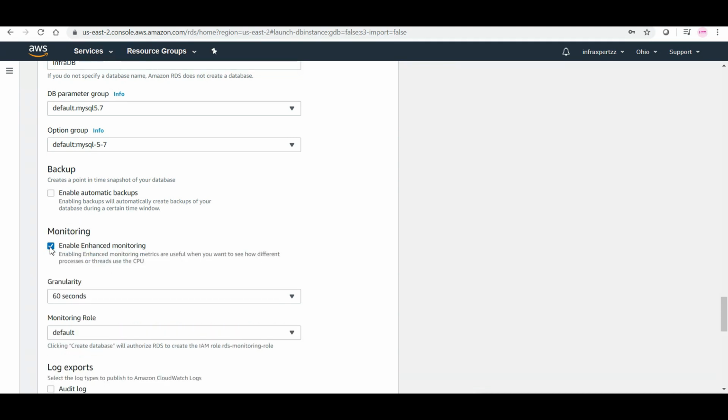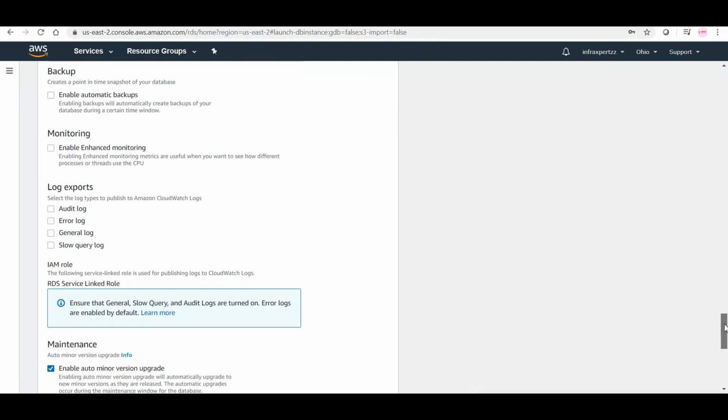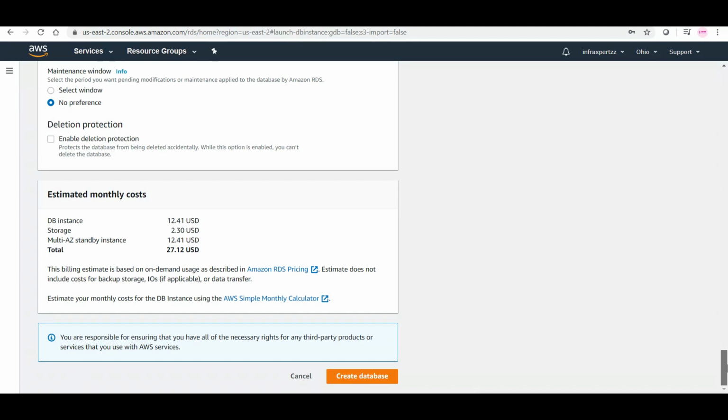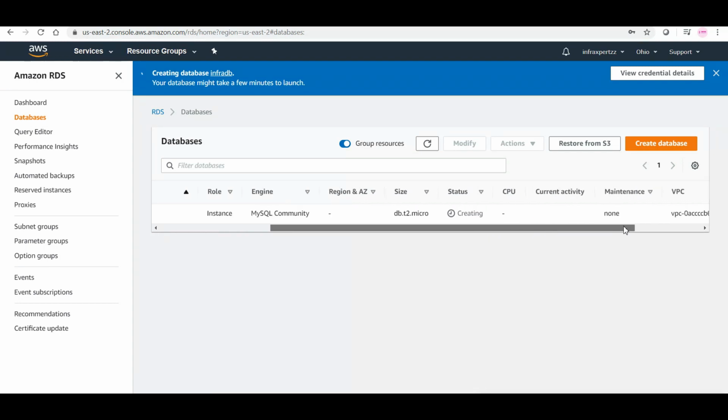We do not need enhanced monitoring also. Log expose, those things we also do not need. And since this is multi-AZ, it is not in free version, so let's create it. So this is getting created, the status is creating, db size is t2 micro,